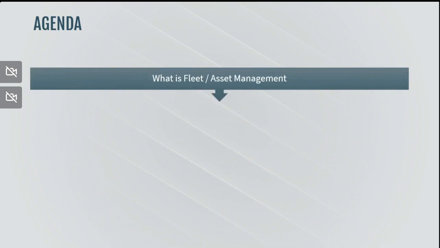Obviously, from an agenda perspective, when we're looking at what we need to do in order to really drive the maximum output or efficiency for a business that wants to tackle asset management, we obviously want to establish some groundwork here as we go through this, right? So first and foremost, what I want to talk about really is what is fleet or asset management from our